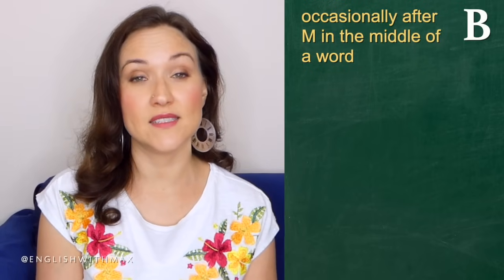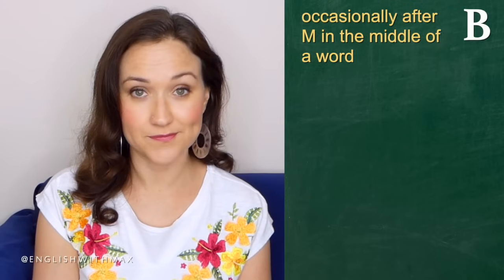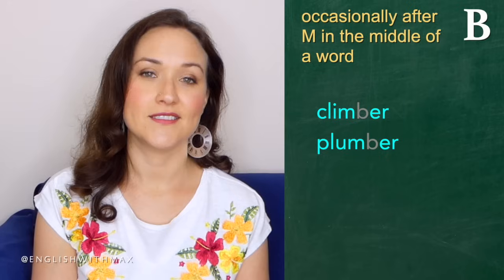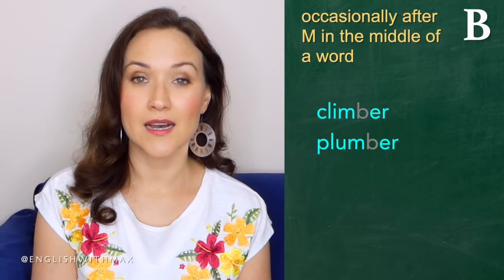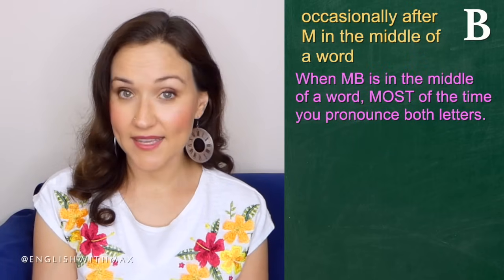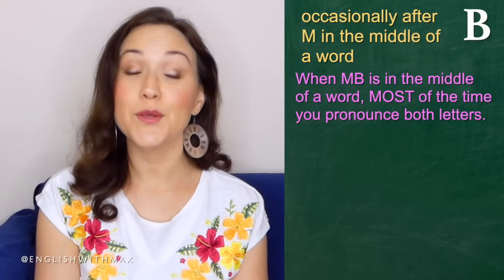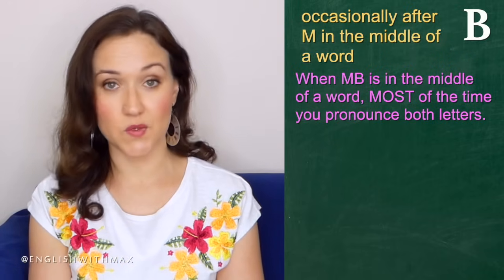Occasionally, the B is silent after an M in the middle of a word. For example, in climber and plumber. Climber, plumber. When MB is in the middle of a word, most of the time you pronounce both letters. For example, in these words: